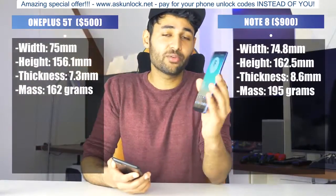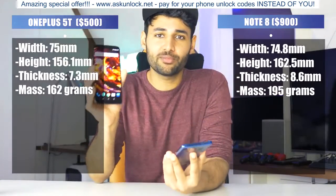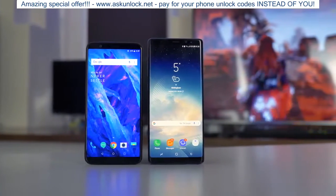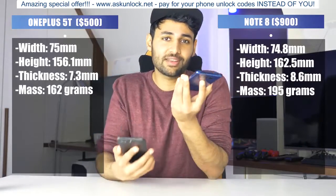Now amazingly, even though there is a larger display on the front of the Galaxy Note 8, it's actually a narrower phone than the 5T. You can see the side bezels on this phone are almost non-existent, whereas on the 5T they are somewhat still present. Having said that, in terms of every other dimension, in terms of height, thickness and mass, the Note 8